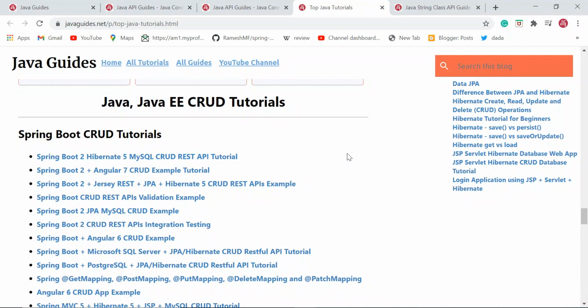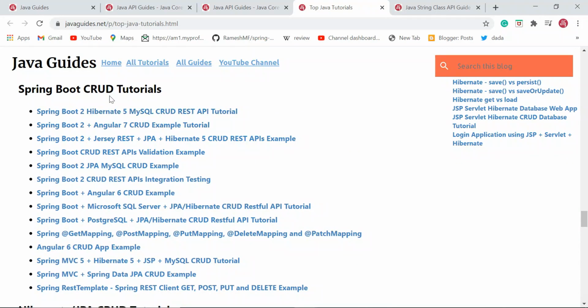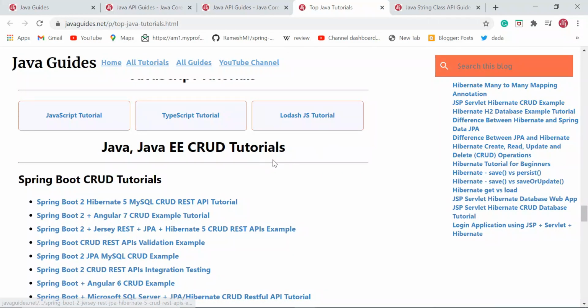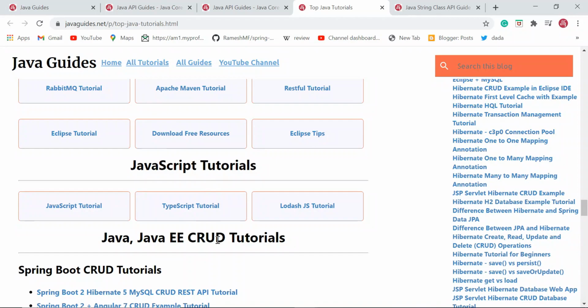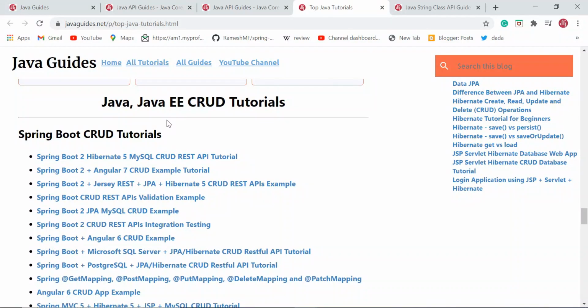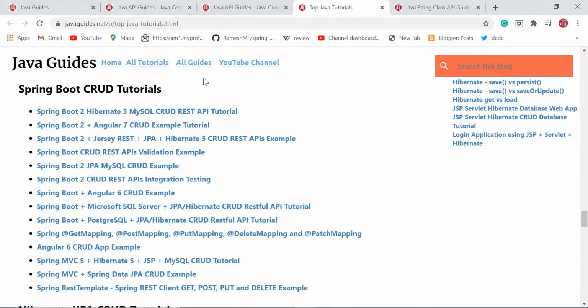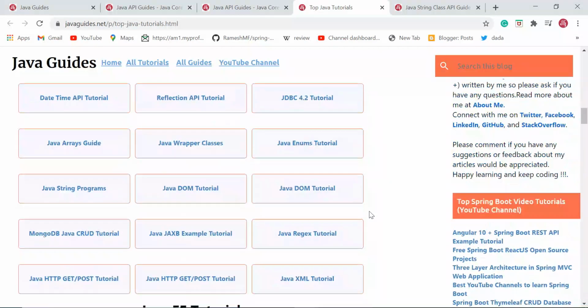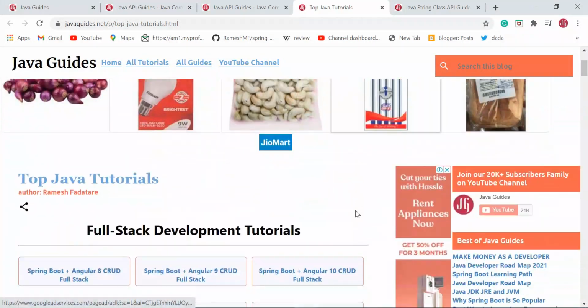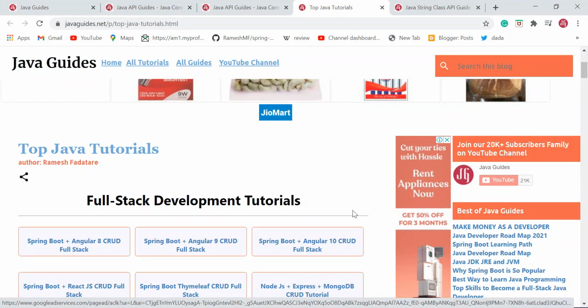And if you want to quickly develop CRUD operations in your projects, then take a look into these CRUD tutorials. I have segregated them for CRUD operations, I have just noted down all the CRUD tutorials over here, and for guides you can refer to this link. For all tutorials you can just visit this link. If you don't find the information that is relevant to you, then you can go ahead and search my blog here.